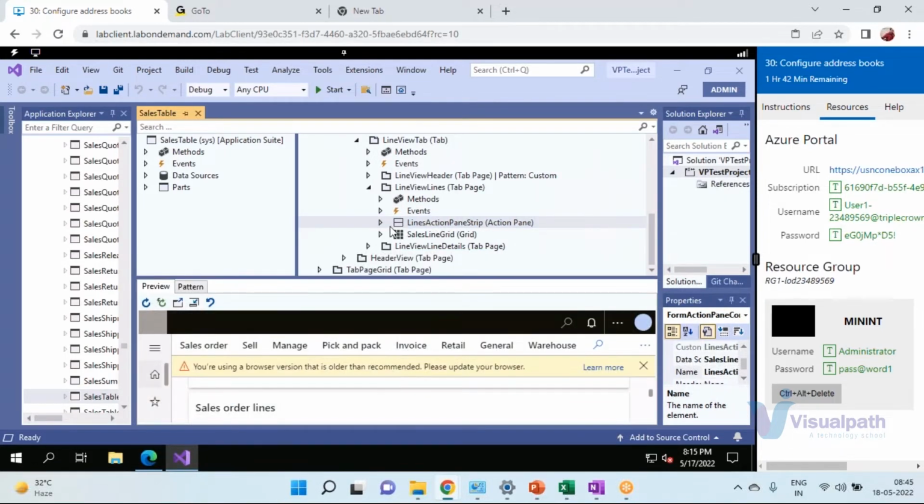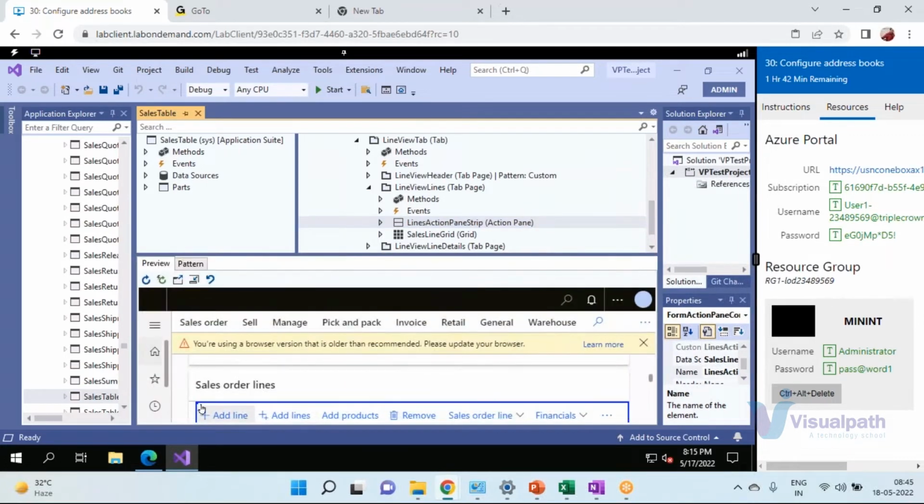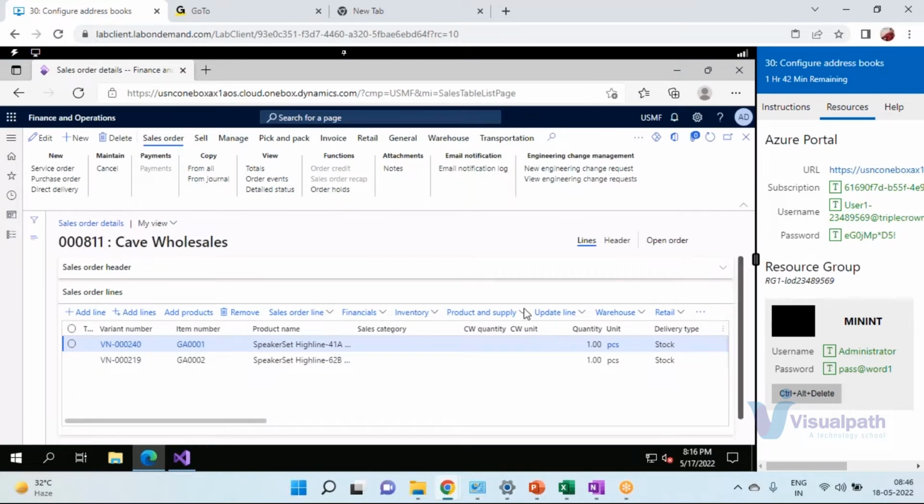See, this is the area. If you click here, you will be able to see this area here. See, these are my buttons. As I said, line pane, action pane, strip. This strip is this one. This is not easy to build,